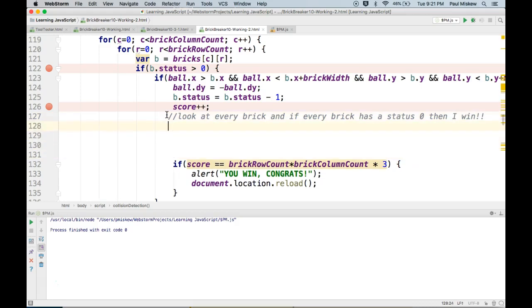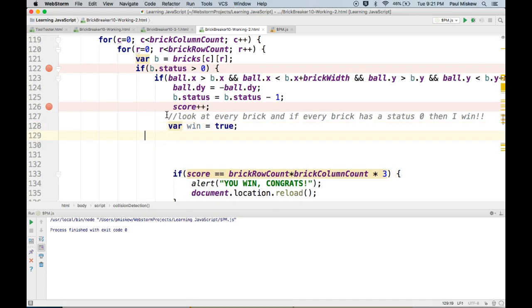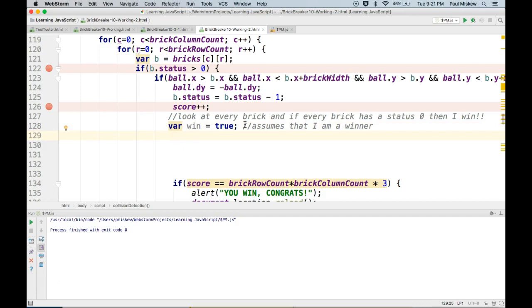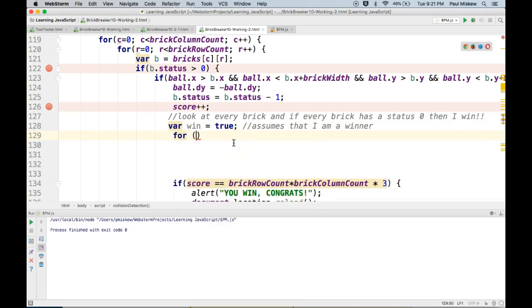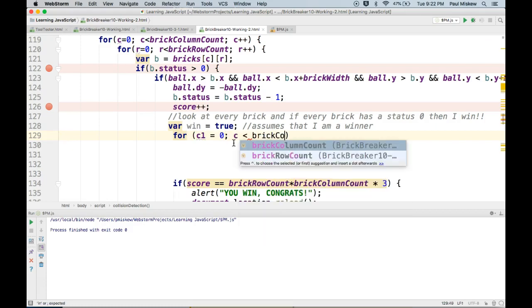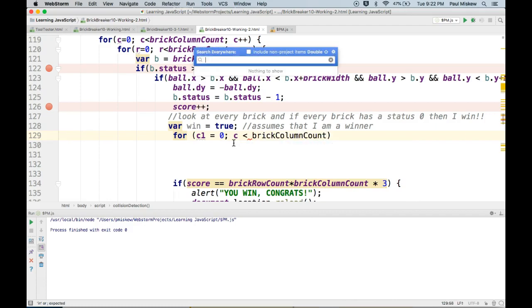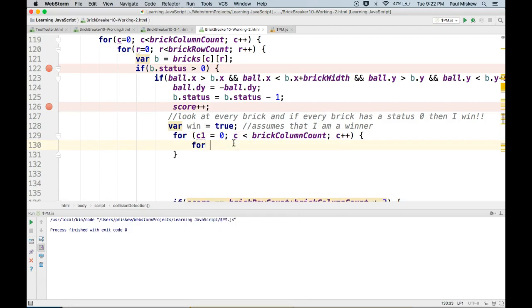So I'm going to start off by creating a var called win. I'm going to set it to true. What this does is assume that I win. I am a winner. And then I'm going to loop through every brick. So for (var c1 = 0; c1 < brickColumnCount; c1++), and then for (var r1 = 0;